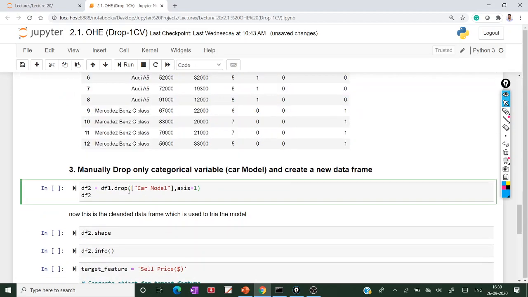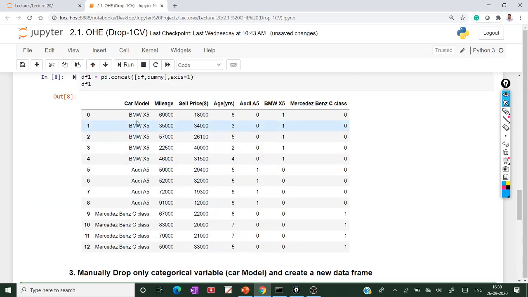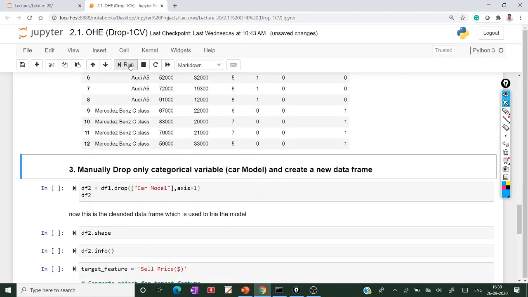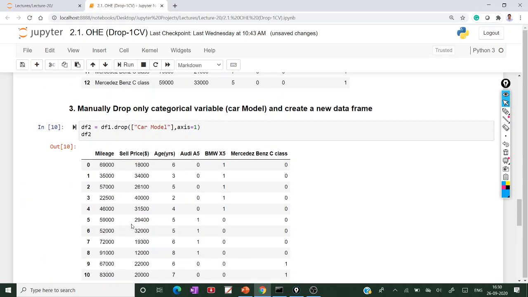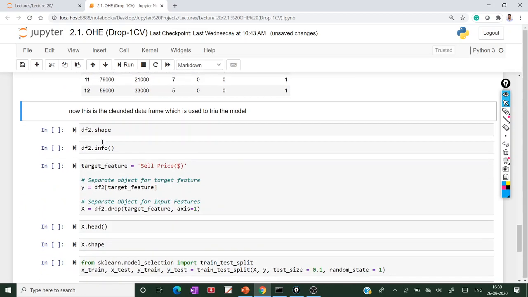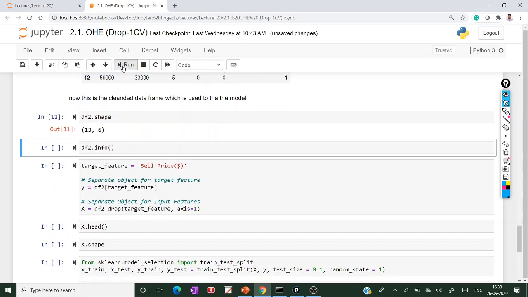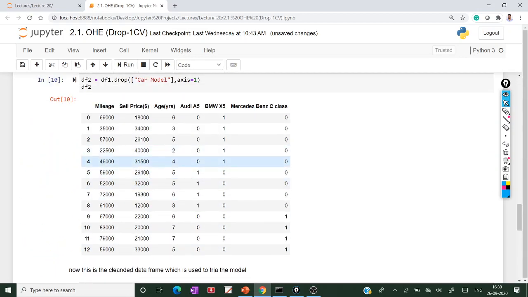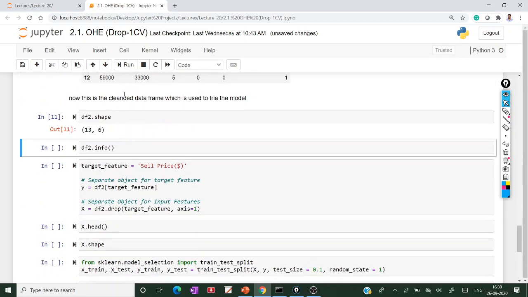From this data frame I can drop the car model feature, since I don't want it. So now the data has no categorical variable. The total data is numerical only: 6 columns and 13 rows.